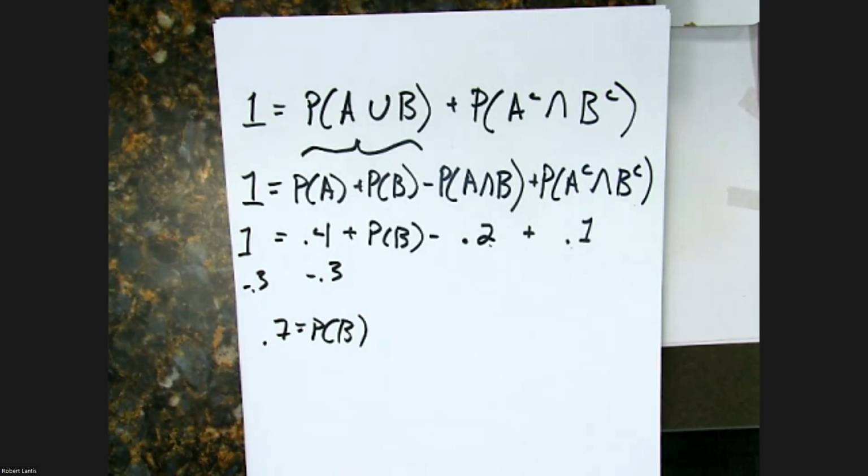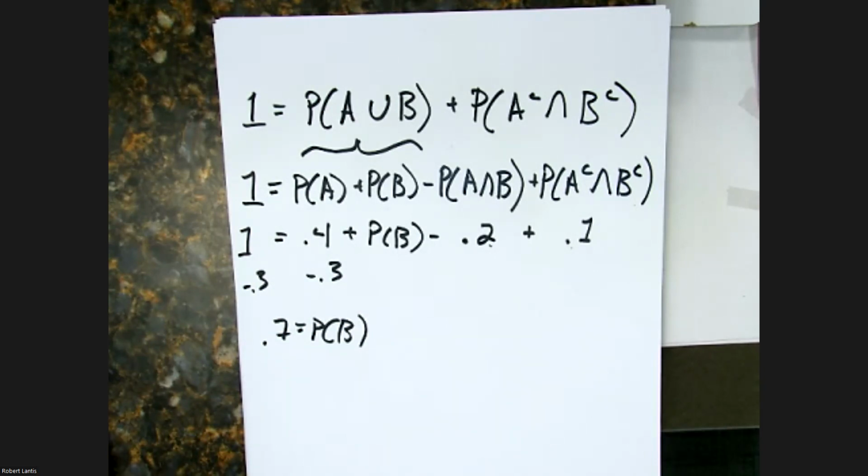So what I'm exploiting there is knowing the entire experimental outcome space is 1. So I know that the union of those two events and what's outside them, the intersection of complements, adds to 1. And then using that definition of what the union is. All right. In fact, I'll show you another one that goes along with this, but before I do that,